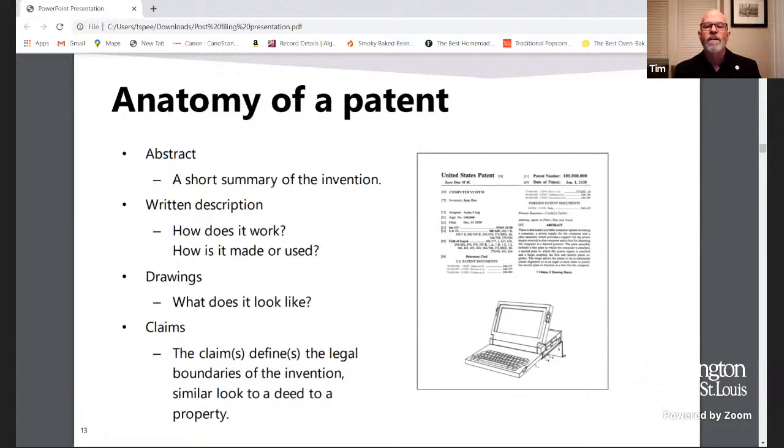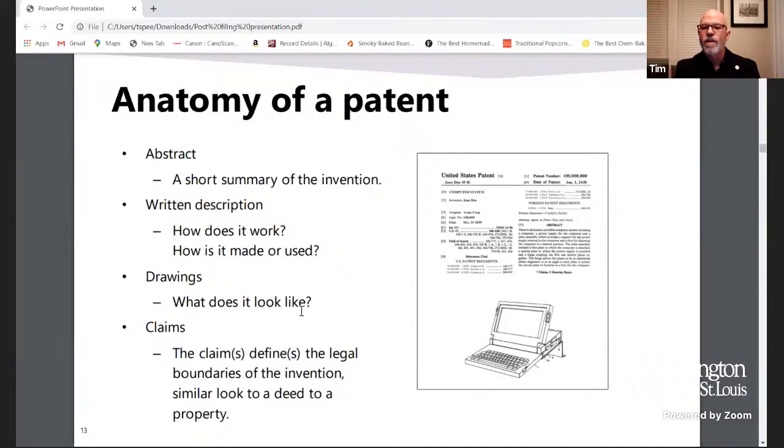So the patent laws, 35 USC, and you'll see that as you look through things, are laws that were passed by Congress. 37 CFR are rules that the office enacts, or develops in order to enforce those laws. So that's what we're doing here at the patent office. So you'll see those two things, 35 USC and 37 CFR. That's all of the authority that we have and where everything comes from.